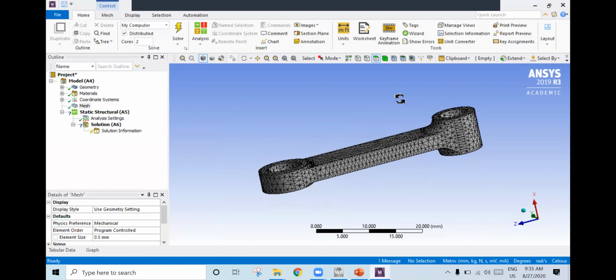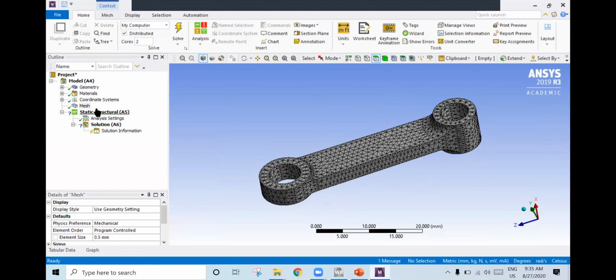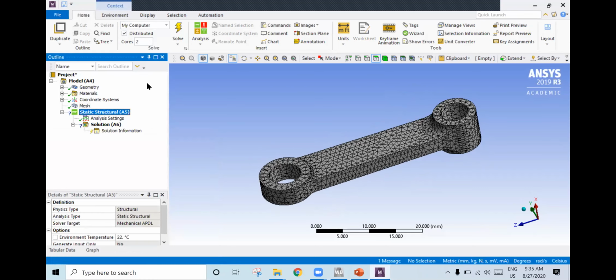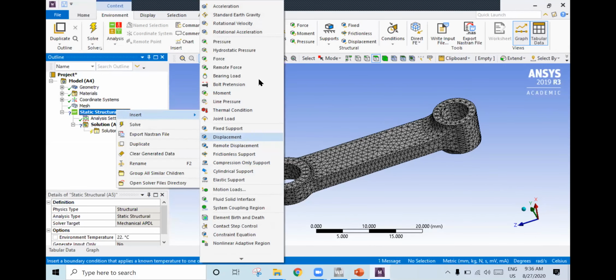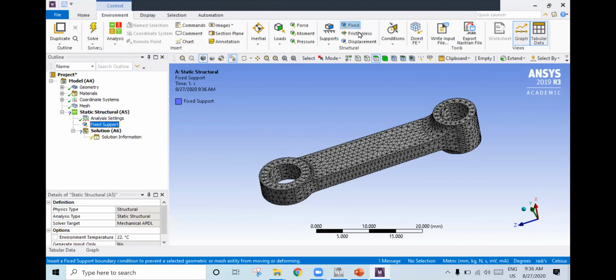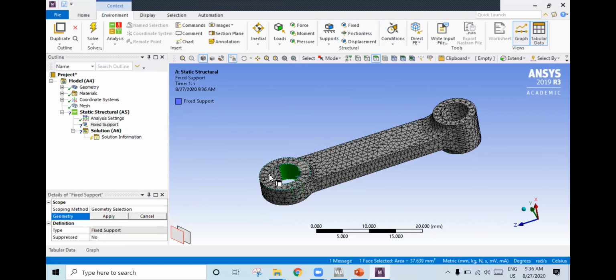Fine, just observe here. What I will do is fix it. See, here also you will get fixed support. If you right click, here also you will get it in orange. If you want a shortcut, go to fix, select this face, and fix it, apply. Okay.